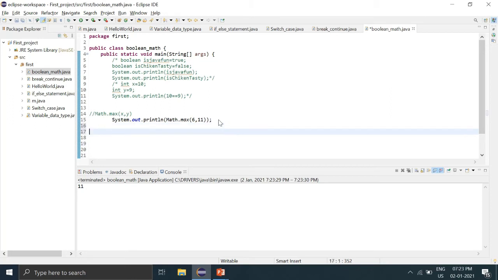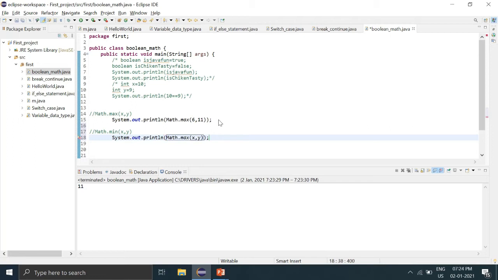11 as an output. And the next method is Math.min. So it will print the minimum number of these two. So let's see it very simply. Instead of max, I'll write min and I'll say 6, 11 again. You can use anything. So yeah, the minimum number of these two is 6,